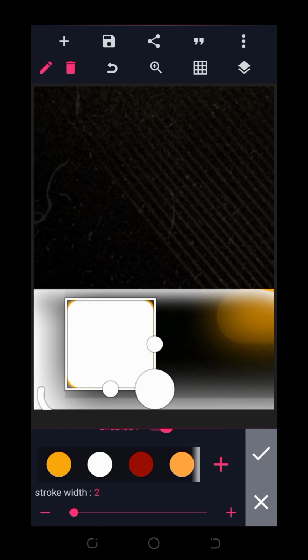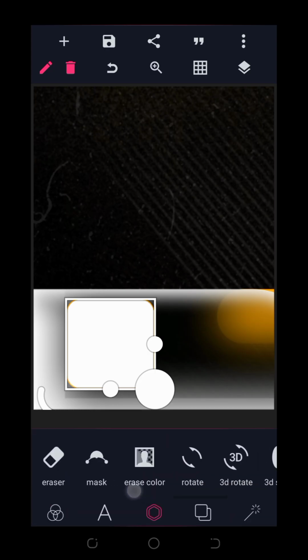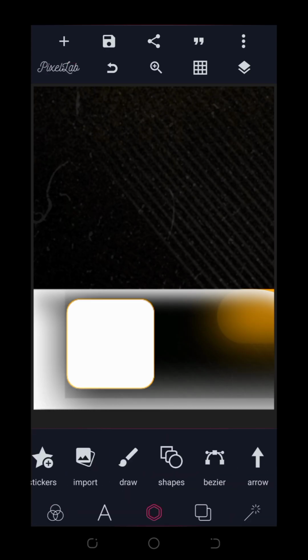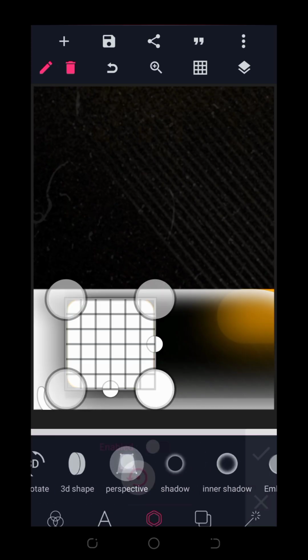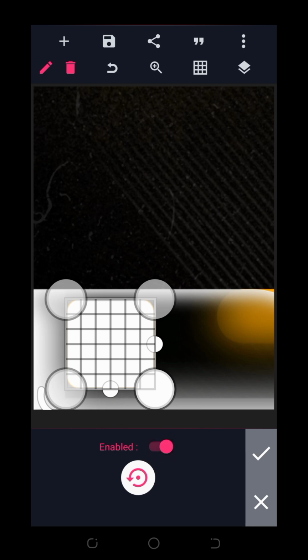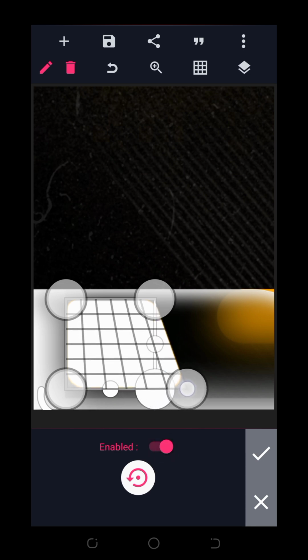Now, I don't want the stroke to be too much. I'll just reduce it back to 1, as you can see. This shape will be where I'll be positioning the scan code. Then I'll go to perspective. I want to give it that little effect that I added. I will enable the perspective, and then